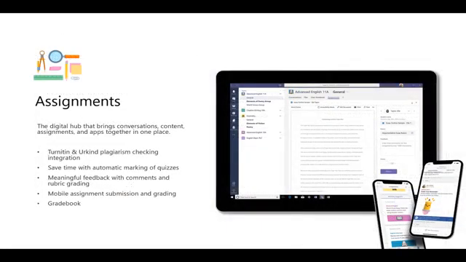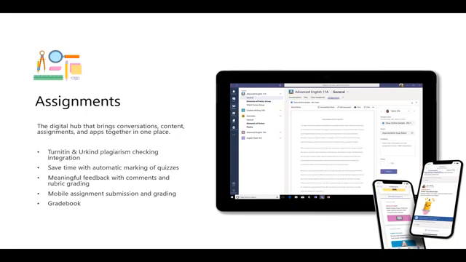Now, moving specifically into Teams for Education, this is where we've extended the capabilities to bring in things like assignments. We have really rich experiences where you can grade and review assignments, not just from a laptop, but also from a tablet and phone. So really saving time for educators who might be mobile or students who prefer to work on a smaller screen device. This is where we also now have plagiarism detection built in with the likes of Urkund,